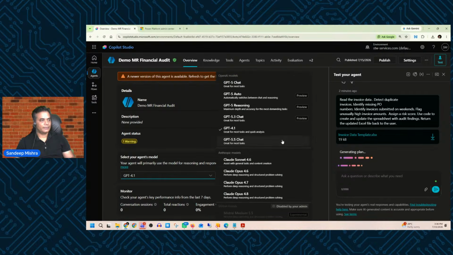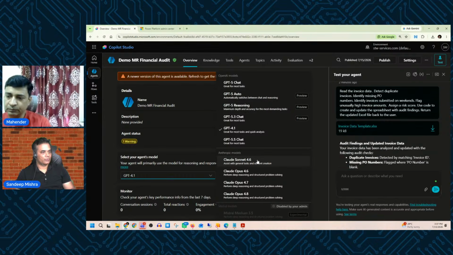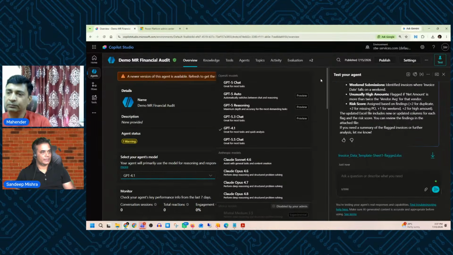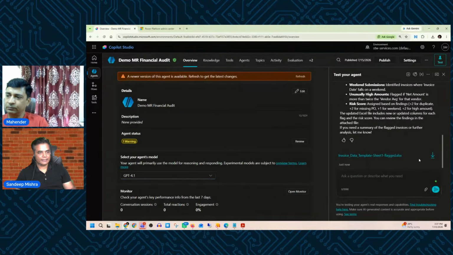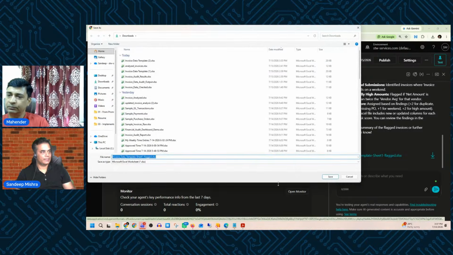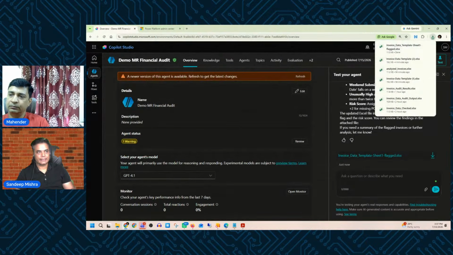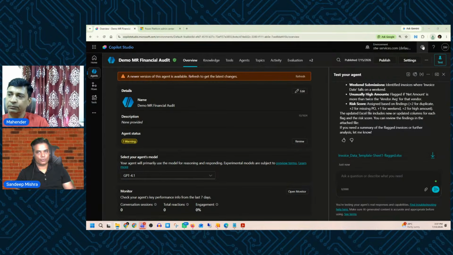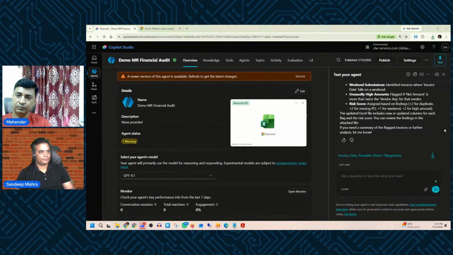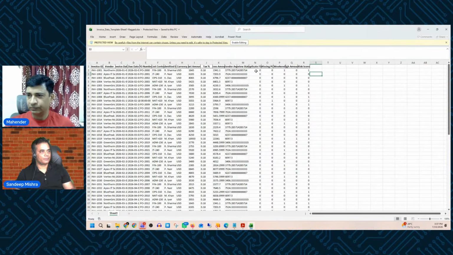Mostly when you are doing the work, you need to find the kind of model you want to use. Sometimes you can use GPT Auto, so it will switch between chat and reasoning as well. If you think Claude models are good for your work, then you can use those models as well. Now our output is ready. What I will do is click on download and let's see the updated file we are getting back. So I will just open this file